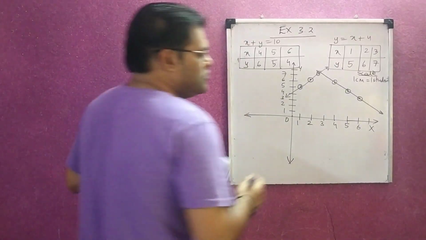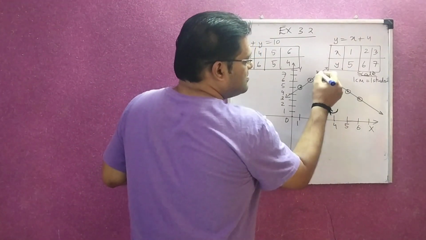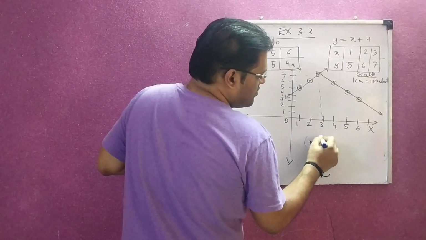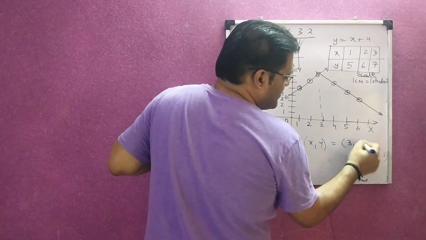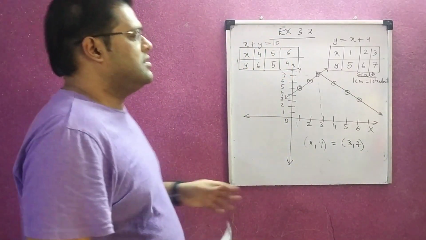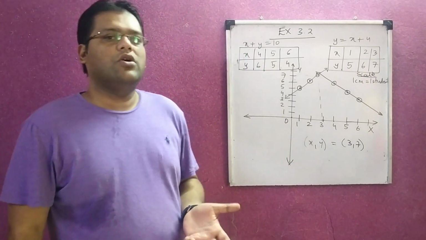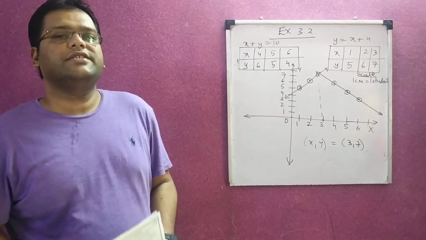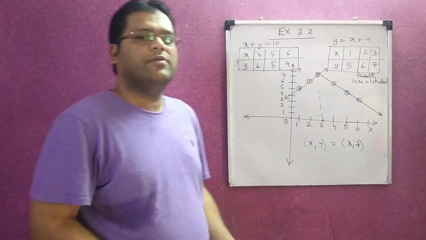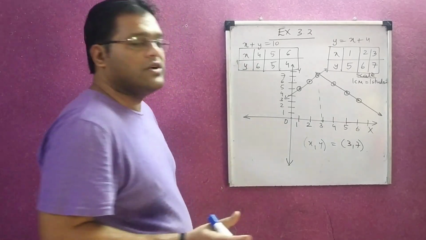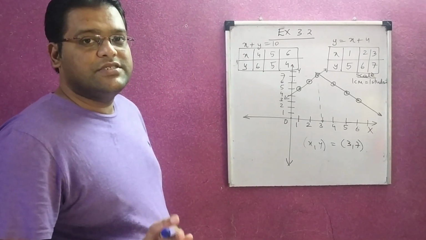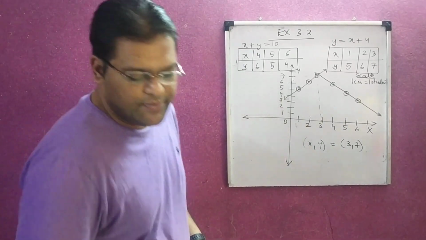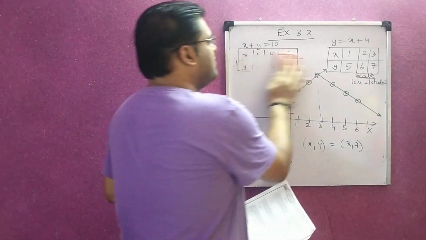Okay, so roughly you will get the intersection point corresponding to 3, 7. When you draw the graph, plot all these particular lines, points, and then join the line, you will find that the value for x will come out as 3 and the value for y will come out as 7. That means the number of girls is 7, number of boys is 3. Are we clear? So that is your first graph.